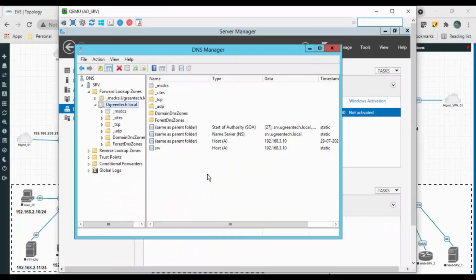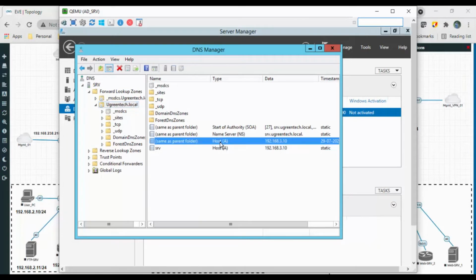When we talk about DNS records, there are several different types of resource records used by DNS. In that we have the A record, which specifies the IP address for a given host. In this case, I have opened the DNS server. In that, the IP address given to a host A, like you can see 192.168.3.10, is assigned to a host, and these are all called A records.